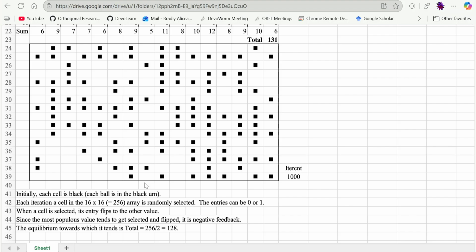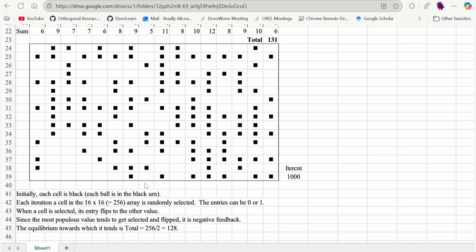You can model different types of sampling in this way. So you have this urn, which is like a black box, and you have a bunch of balls in the urn. And the idea is you reach into the urn and you pull out a ball. It's either black or white, in this case 0 or 1. And you don't see what you're pulling out, so it's a blind process, blind with respect to selection. And you're pulling out a ball and you're putting it on the table.